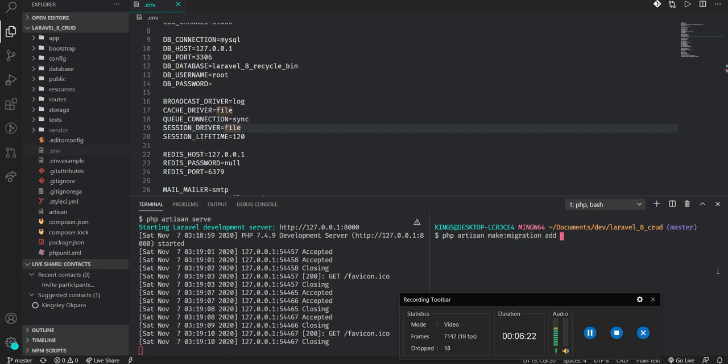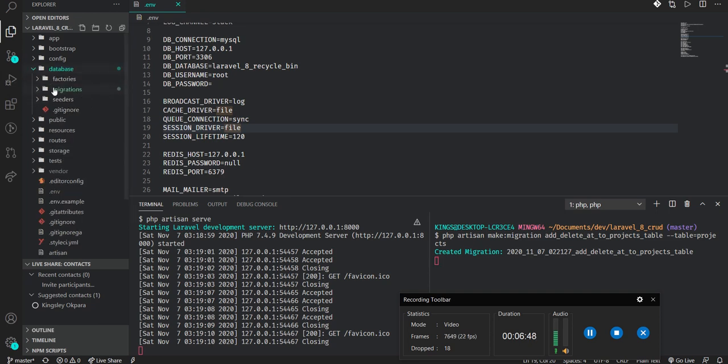I'm going to say add_deleted_at_to_project_table. I'm going to use table so that it knows the table we are going to be talking about. We are going to say project. Clicking on that, it will create a migration file for us in the database migrations.